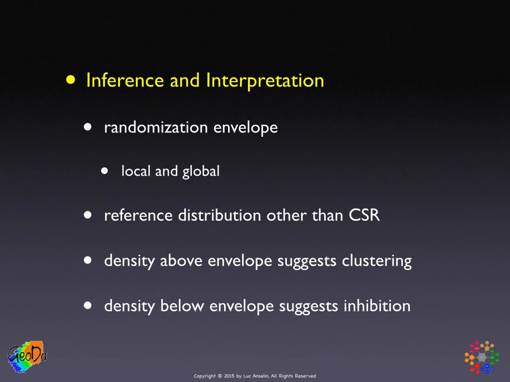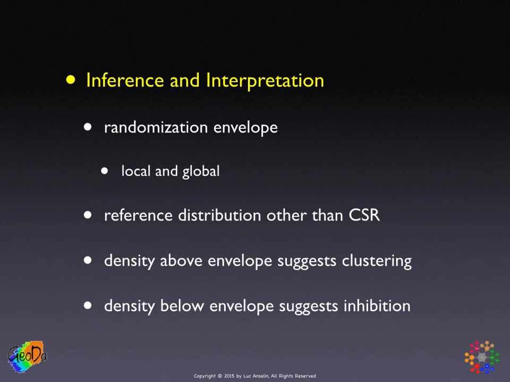For example, if you're interested in a particular type of manufacturing, let's say the pharmaceuticals example that we saw before, the reference distribution would not be complete spatial randomness in an isotropic plane, but would be, say, all the possible locations of manufacturing plants in the UK. So it is a similar rationale as what we've seen earlier in the case control setup, where we had cases versus controls. Here, in some sense, the control is the reference distribution, which could be